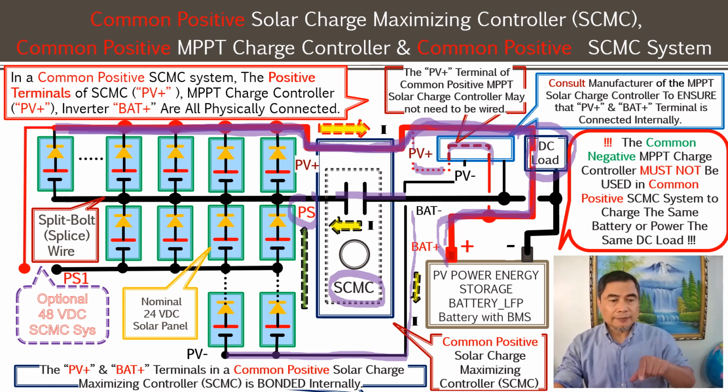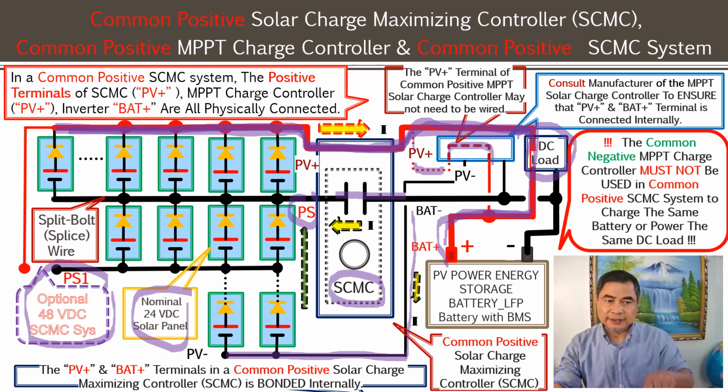Again, you can have this nominal 24 VDC system going to the solar charge maximizing controller, and then you can have an optional second 48 VDC solar charge maximizing controller system built in. You still call them a split wire, but it's split wire like a 1, so it's a different voltage. This is another optional system. It could work for different voltage systems. Also make sure that common negative